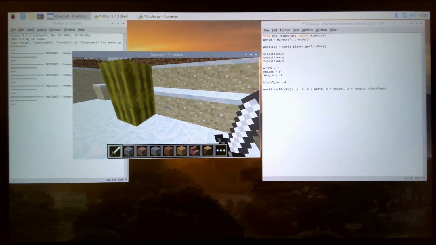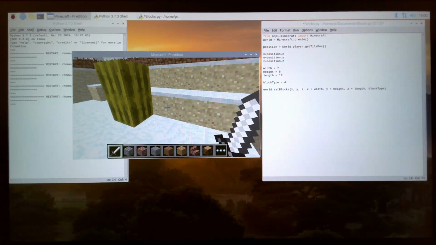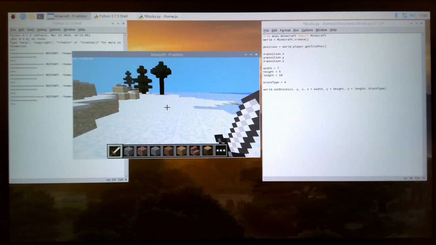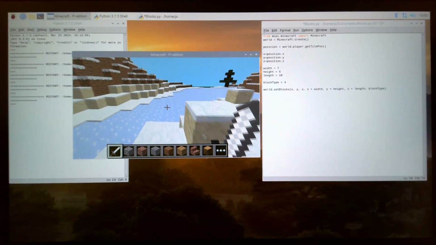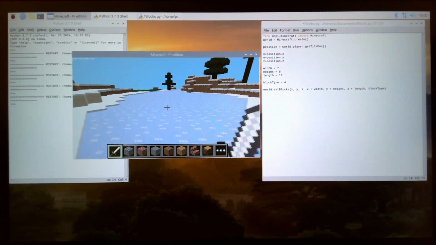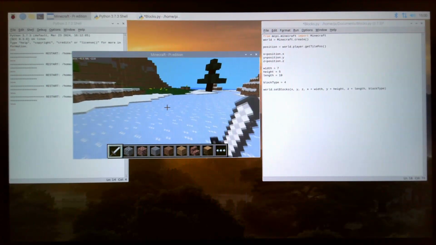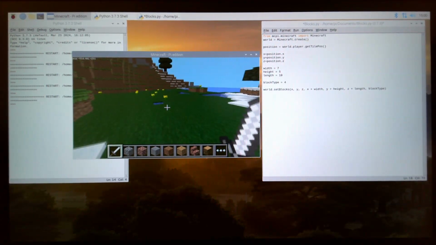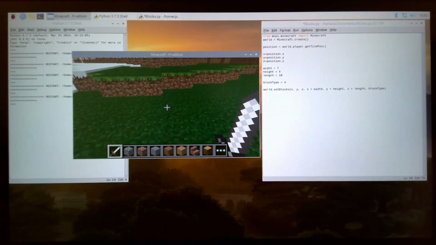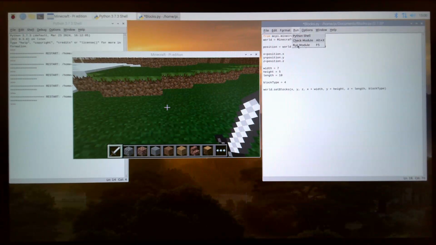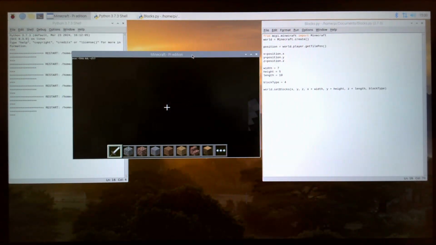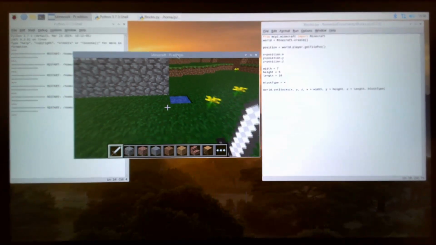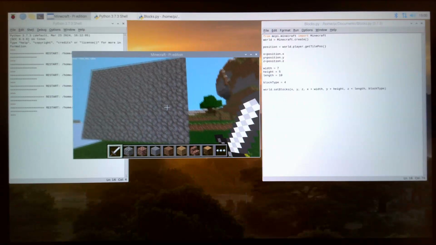Okay, so I'm going to come back to my world here and reposition myself someplace else so I can build this structure. So let's come over here, we'll stand, oh, there's some grass, that's a good place. So we'll stand in the grass. Okay, and then let's come over and run our module. We'll hit OK to save. And it looks dark here because I put that right exactly where I'm standing. So I'm going to hit S to back up a smidge,